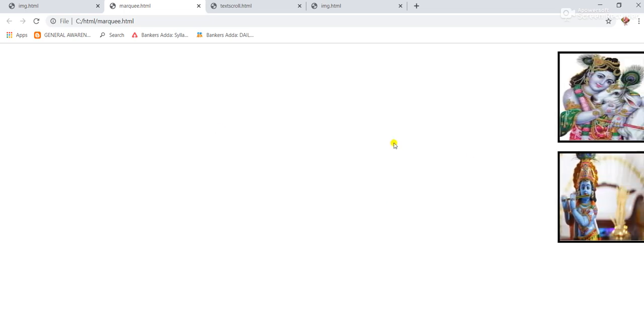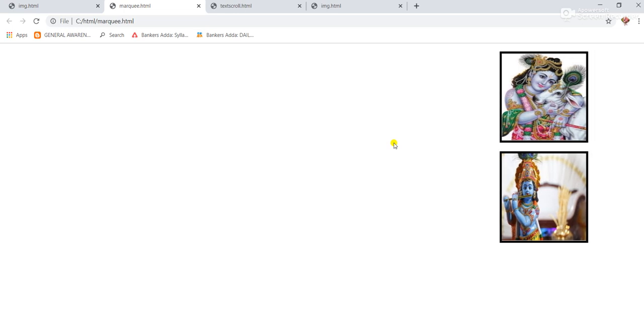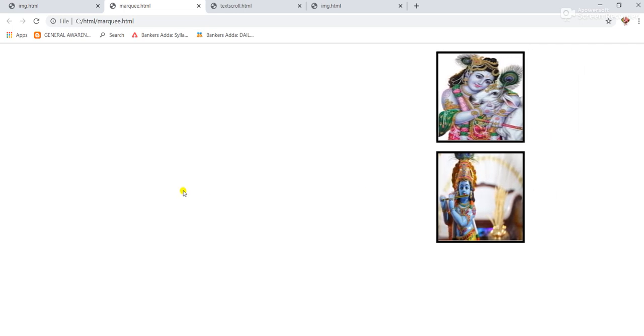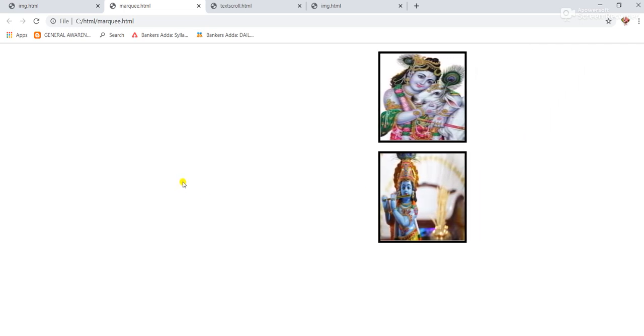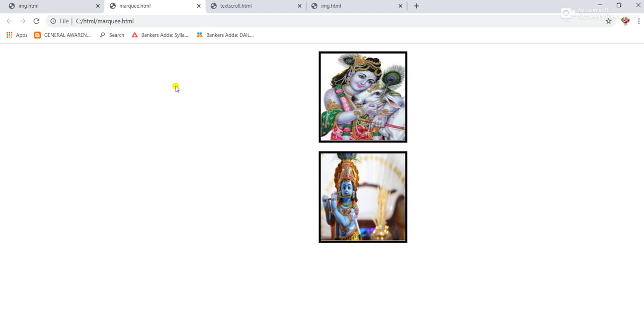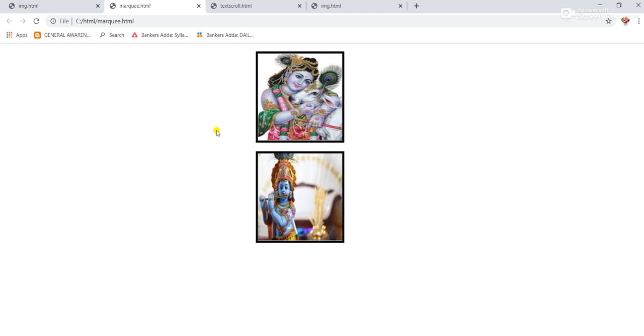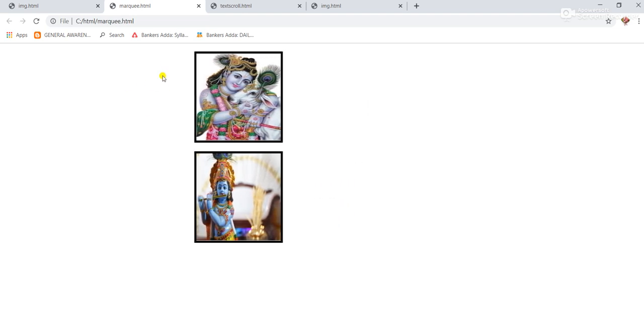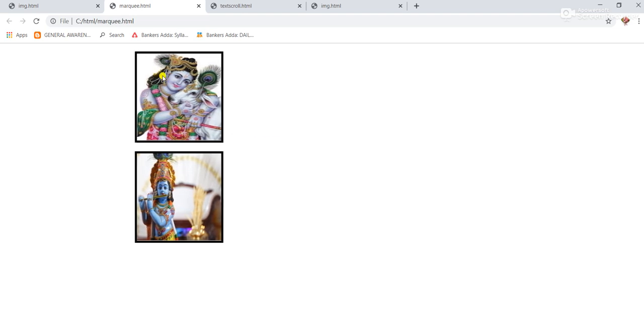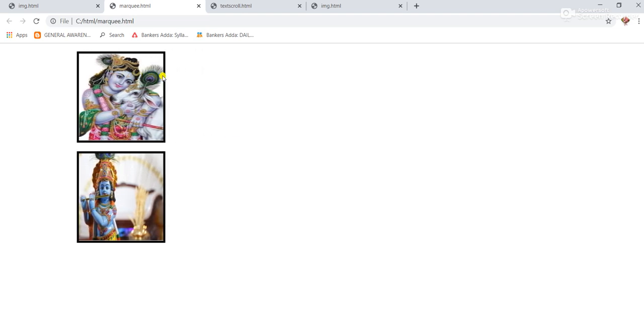So see, now it will start scrolling from left to right to left. So this is the marquee tag, and you can give direction left, right, top, or bottom.